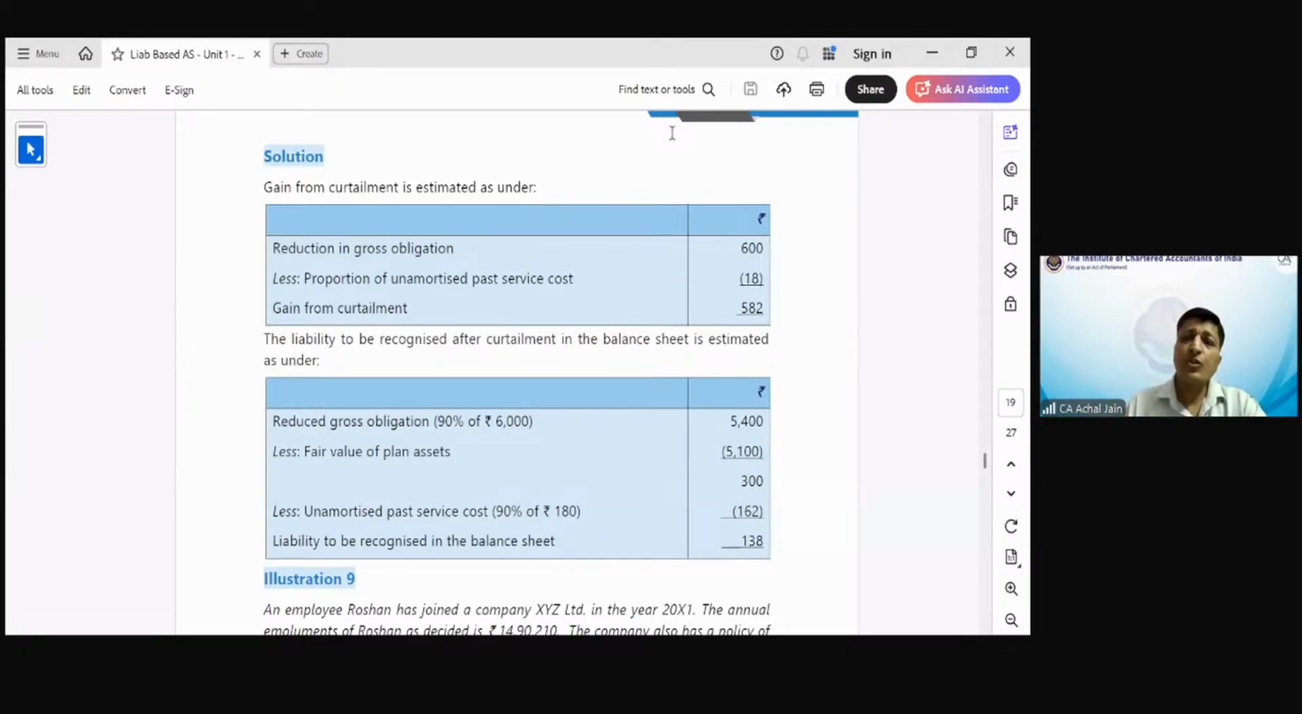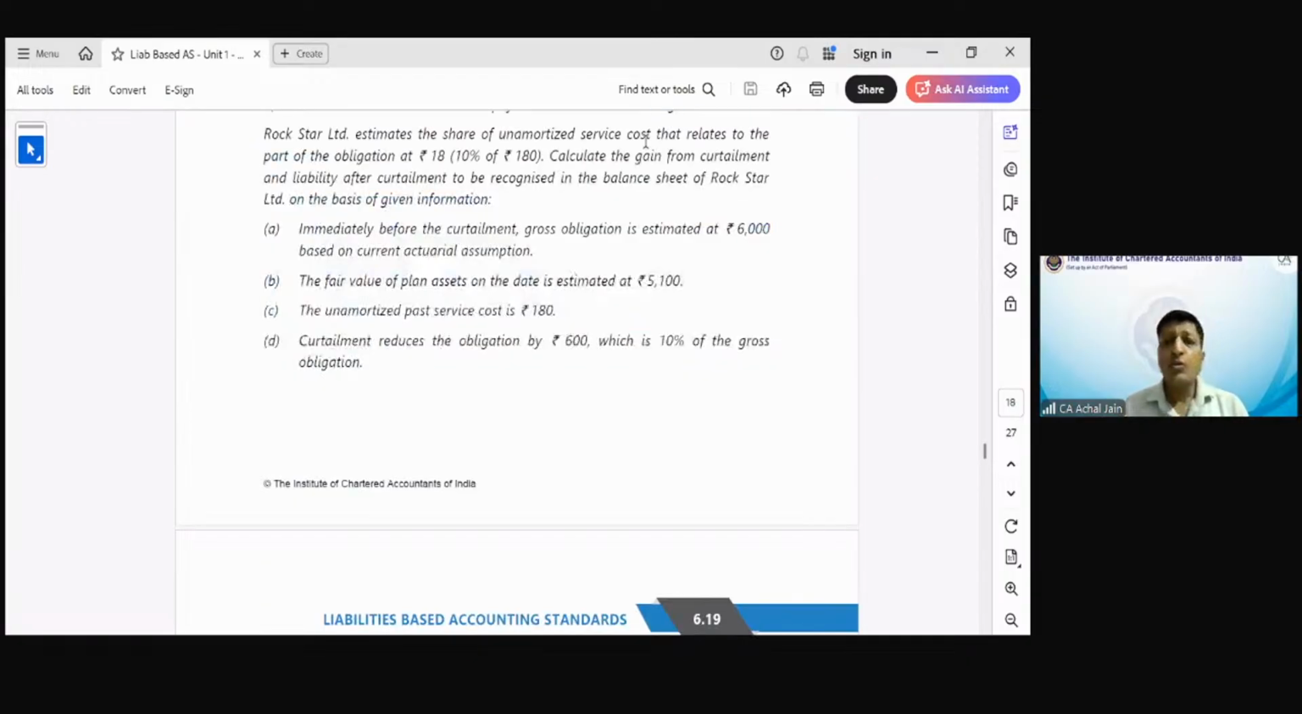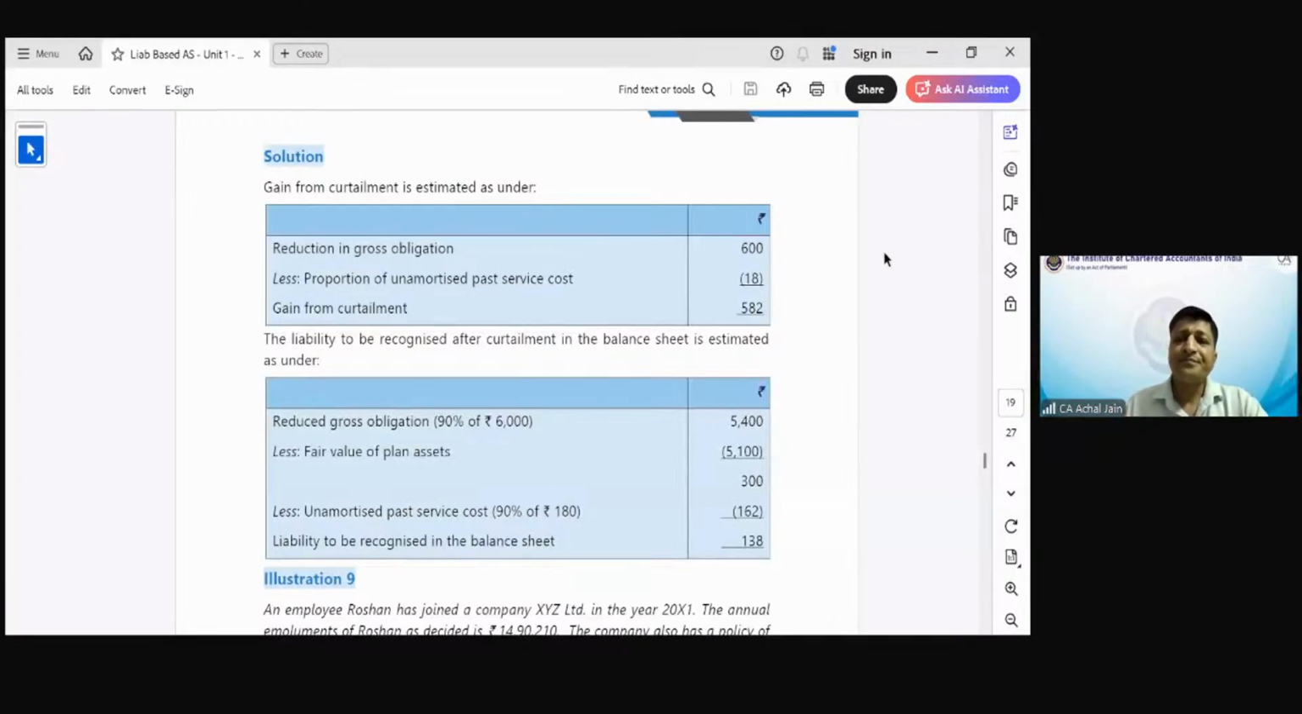Correct. So what will happen if you reduce the plan asset? What is the amount of plan asset? Is that given in the question? Yes. The question says the fair value of the plan asset is 5,100. So the liability is reduced, but the plan asset is full. So what do you have? 300. So the reduced liability after netting of plan asset is 300. Then, as against this net liability of 300,